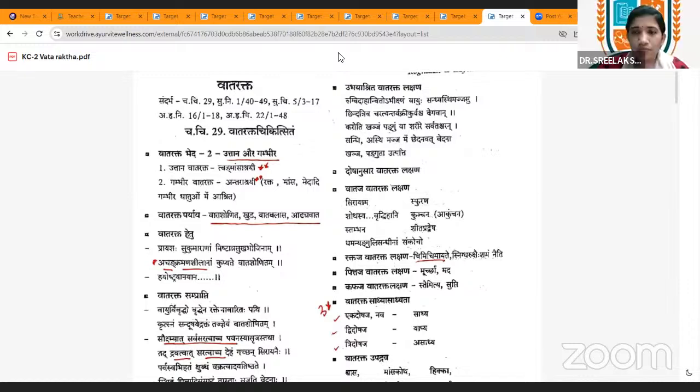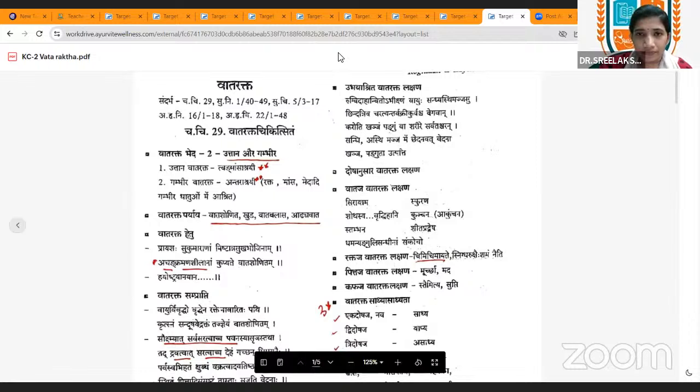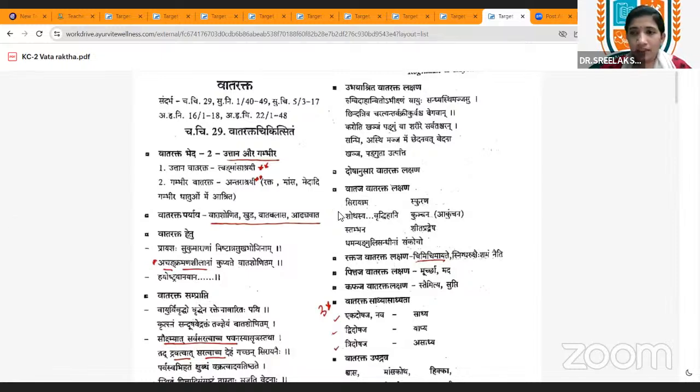Okay. Mahashotha is actually mentioned by Sushrutacharya as a symptom of this Kumbha Kamala. So let's start with the Vatarakta. Mainly in this chapter, you have to study the two types of this Vatarakta, that is Uttana and Gambhira. You know that Uttana is Twak Mamsashrayam, and Gambhira is Antarashrita, that will penetrate into the rakta, mamsa, medas, and all these dhatus.